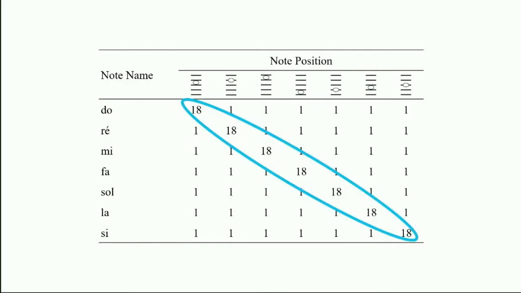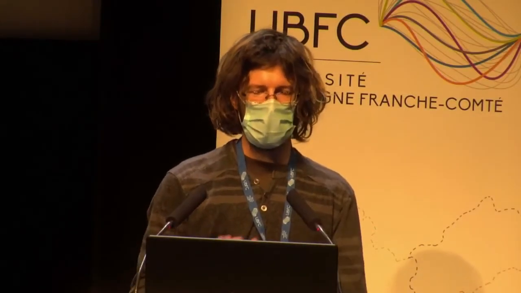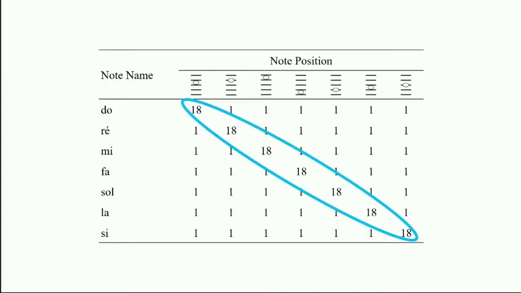So we actually used a learning manipulation just like what I talked about before with the words and the colors. Each note position on the top is presented much more frequently with the congruent or matching note name, and rarely with each of the incongruent note names. So the congruent trials are actually high contingency, and the incongruent ones are low contingency. This could allow non-musician participants to learn incidentally via the task that if I see a certain note position, probably the correct interpretation of that note position is, for example, Mi.